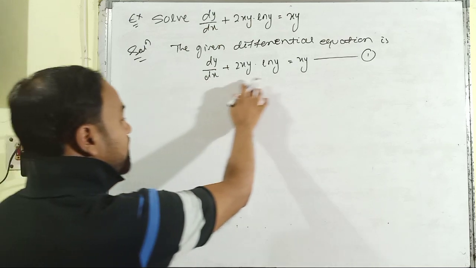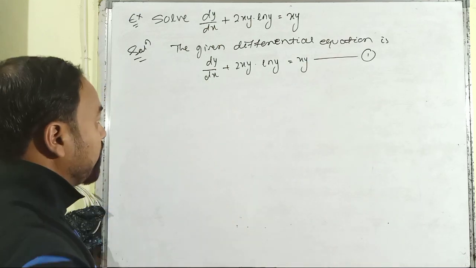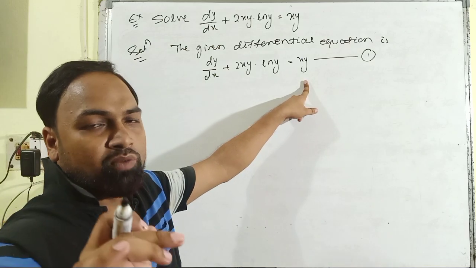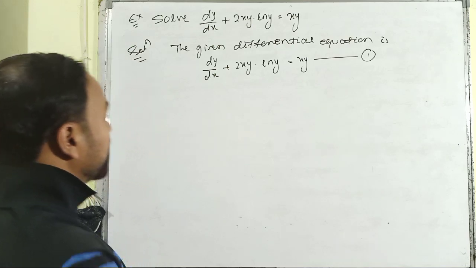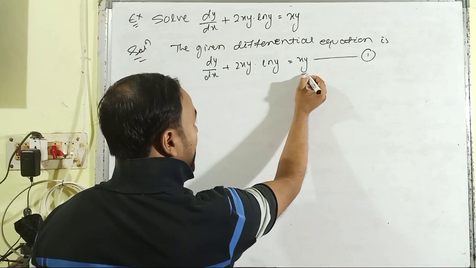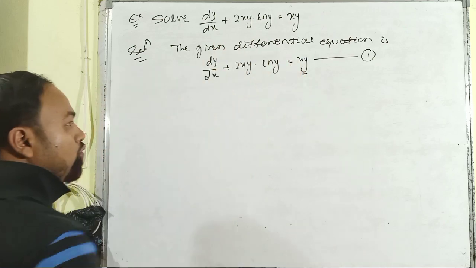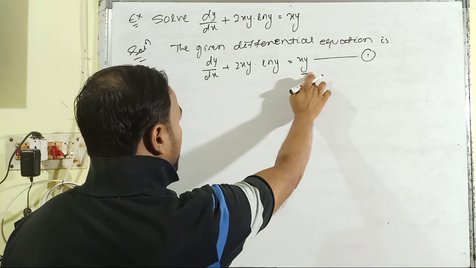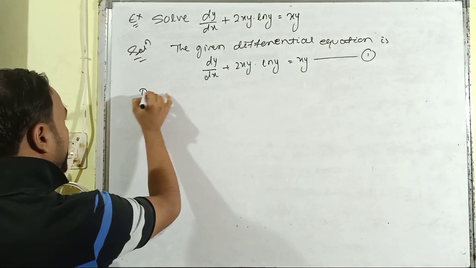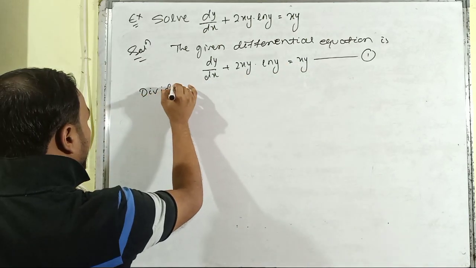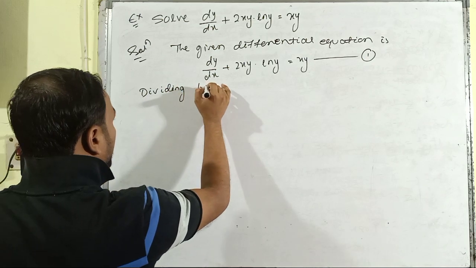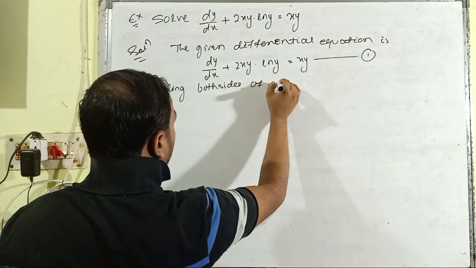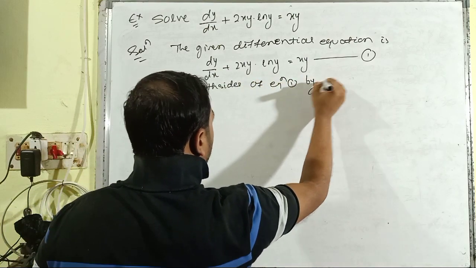But you can see that it is a Bernoulli equation. It is in the form of dy/dx plus p(x) into y is equal to q(x) multiplied with some y function. So first of all, we have to divide by this y function which is multiplied with the q(x) in the right hand side part. We have to divide both sides with this y. So dividing both sides of equation 1 by y,